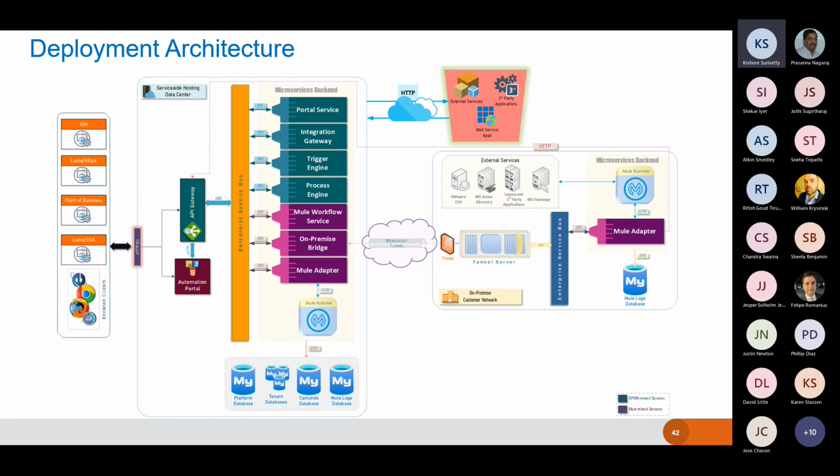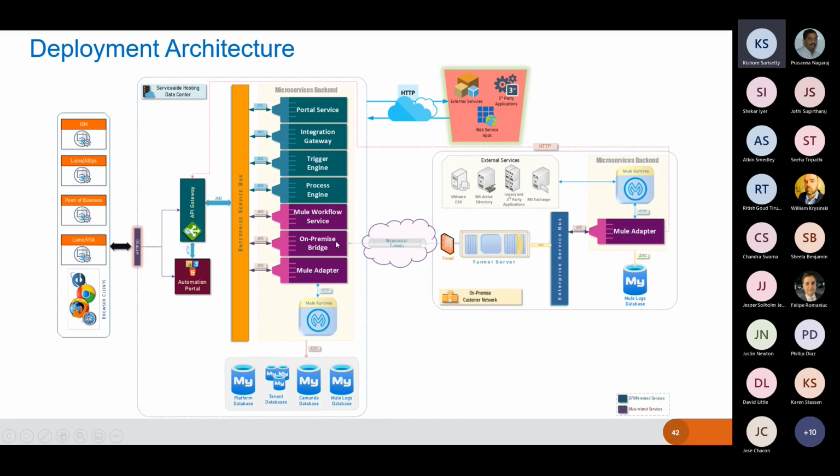The on-prem agent has a microservices-based architecture, where we have mainly three services on the on-prem side. So you have the tunnel server on the on-prem side. When you install the on-prem execution agent on the on-prem network, these are all the services that come along with it. All of this is behind the firewall, so you have the tunnel server,